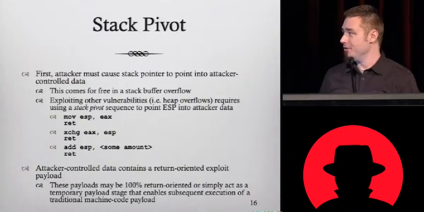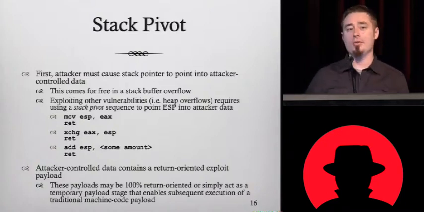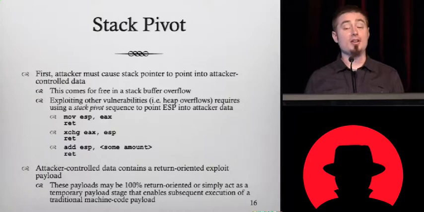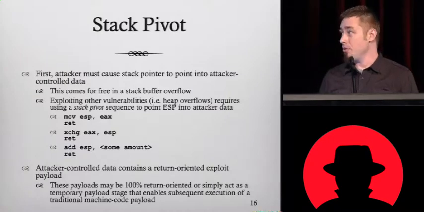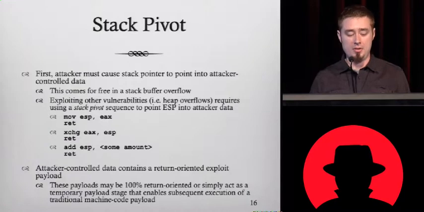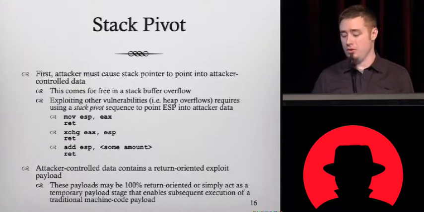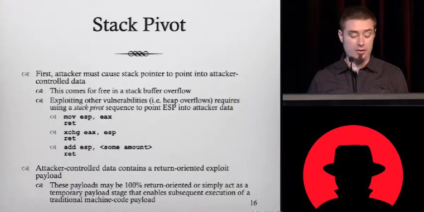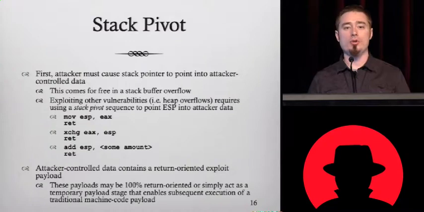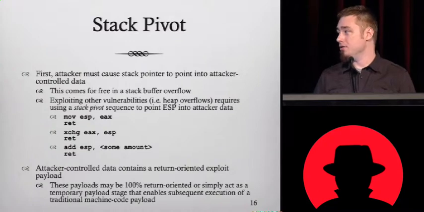That is correct. So basically, the 2-byte sequence, hex 94, hex C3, actually is amazingly common in Windows DLLs. And so it's pretty common that you'll find this sequence. If EAX points to data that you control, which is pretty common as well, it'll get you right to your stack pointer pointing to data that you control now. And once you have control of the stack, that contains a return-oriented program,